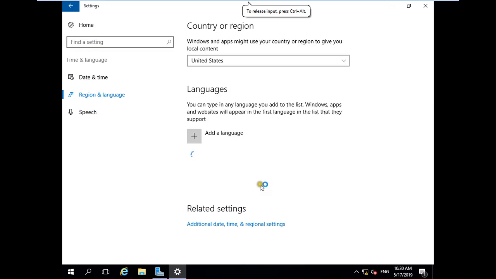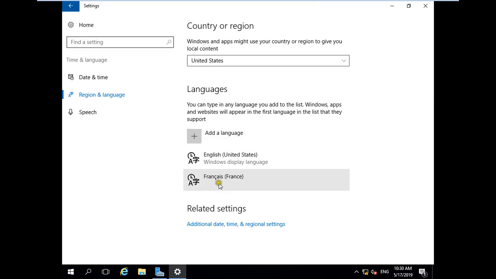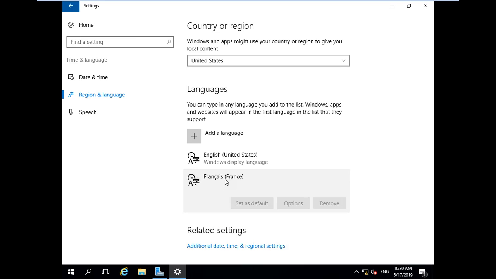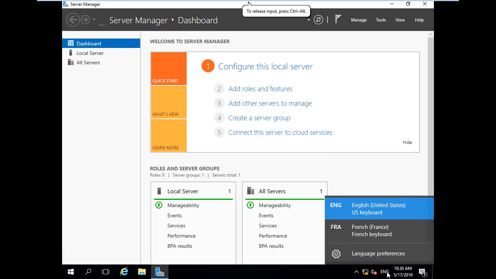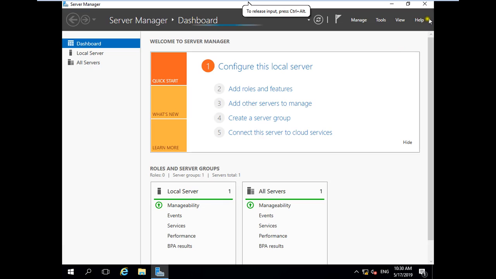When it is added, it will show here. Right now English is the default language, but if you want to make French the default, right click and set as default. So we keep both languages here, English and French, whatever you want you can use.